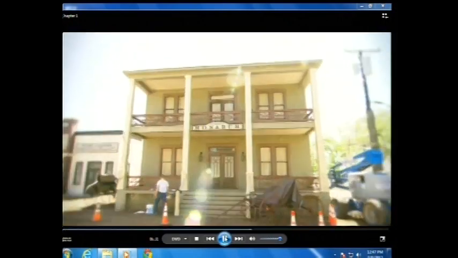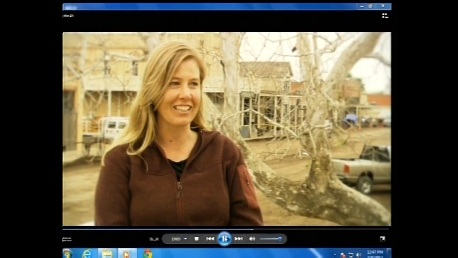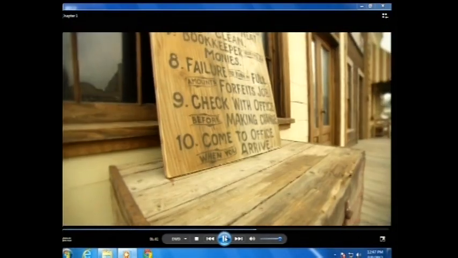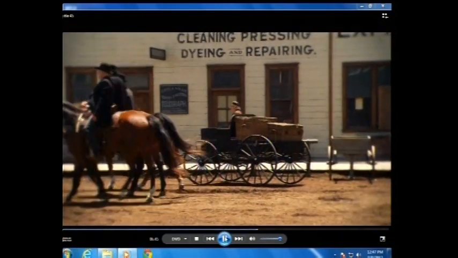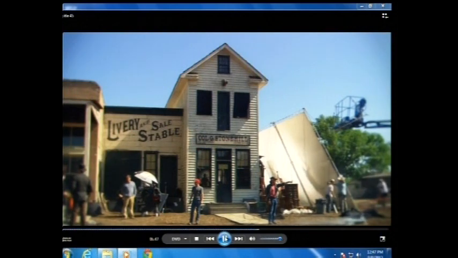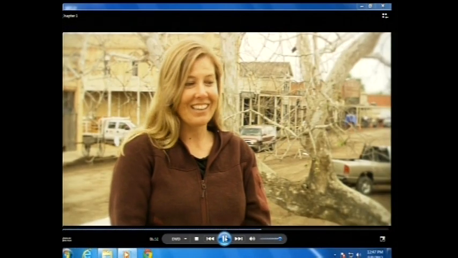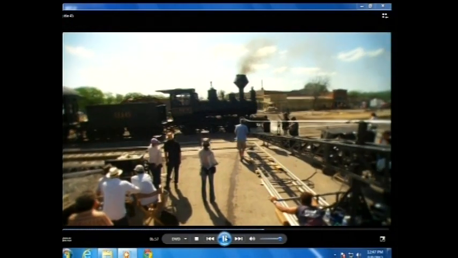Getting in the mindset of 1875 is challenging, and stopping and looking to see what things will tell a viewer that you're not in 1875, to really remind yourself there was no plywood. There were a lot of different things that we take for granted that we see all the time now that weren't there. So really keeping focus on that has been hard, but exciting too. It's fun to remember what it may have been like.